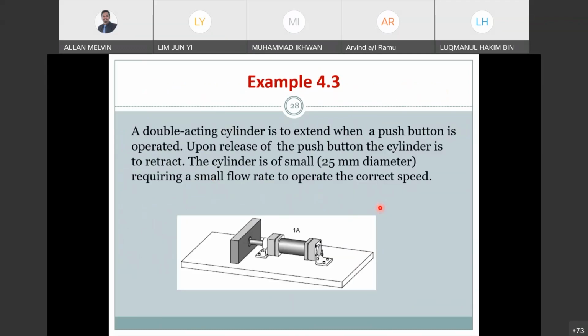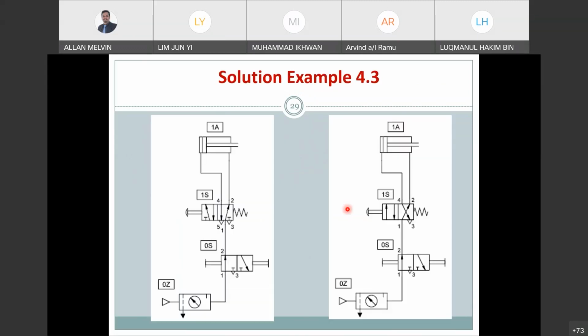Okay, so you see example. Here a double acting cylinder is activated when push button is operated. Upon release of the push button, the cylinder is to retract. The cylinder is small, requiring a small flow rate to operate at the correct speed. So boleh tengok, this is the direct method. Sama juga macam tadi, just you change this to 5/2. So you press the push button, your cylinder will extend. You release,